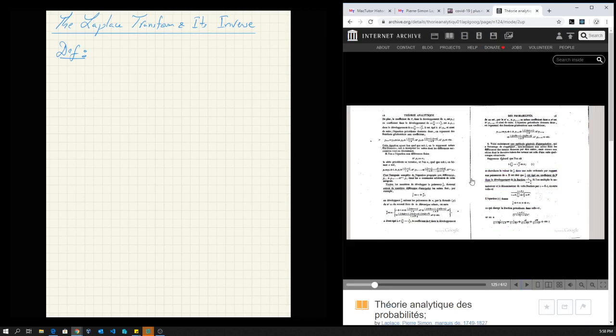The other thing that I have here is just a link to a book. This is the book that Laplace wrote a long time ago. It's called Théorie analytique des probabilités. That means analytical theory of probability. And this book was written in French and then translated to Latin. And also I'm sure you can actually research this. If you Google it, I'm sure you can find